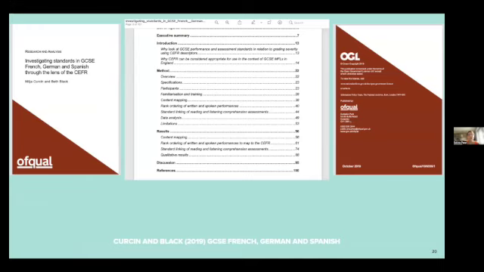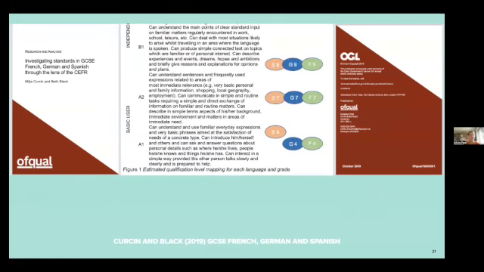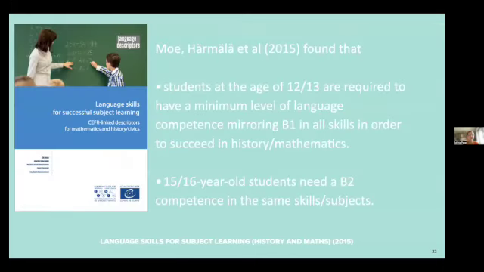And even more shocking for me was that not just Cambridge IGCSE as English as a second language, but other modern foreign languages, in this case GCSE French, German and Spanish, were measured in terms of the CFR, and the findings show that the level is actually quite low. So A2 at grade 7, and at grade 9 there is a bit of a requirement to reach elements of B1 level performance. So I think this just shows,